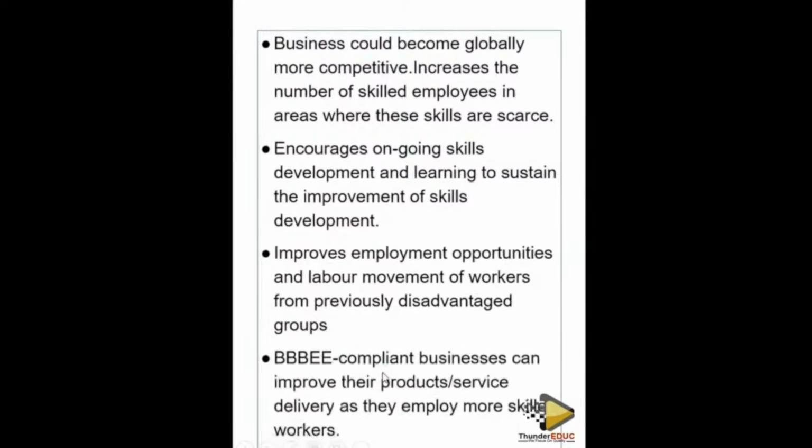Okay, moving on. Broad-based Black economic empowerment compliant businesses can improve their products or service delivery as they employ more skilled workers. So this one of broad-based Black economic empowerment is the act that was established for those people who are Black and were from disadvantaged backgrounds. So I'll go deeper when we are dealing with this act. So moving on,